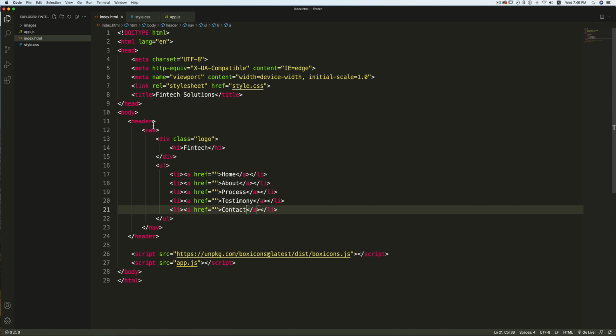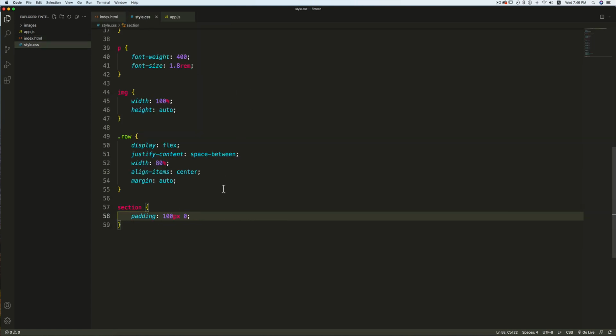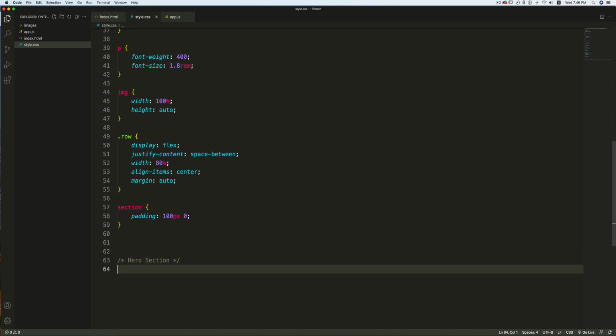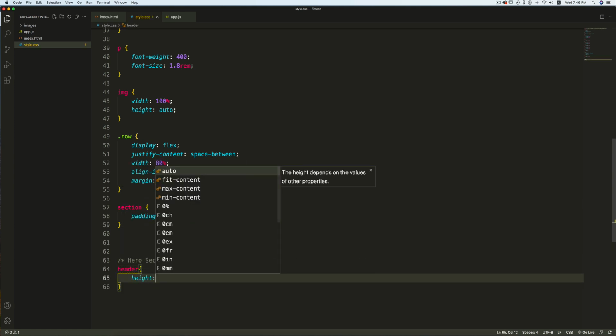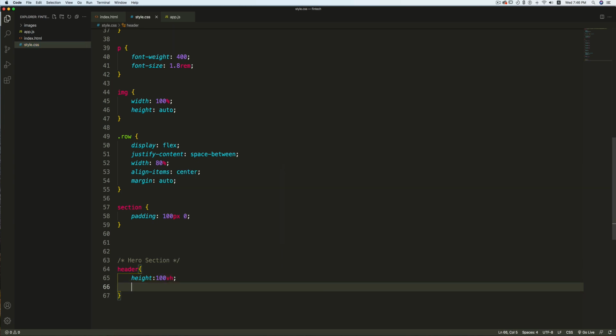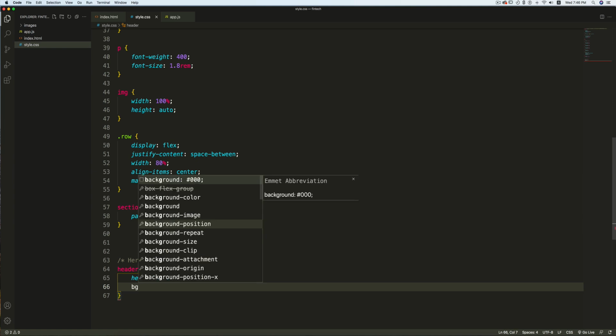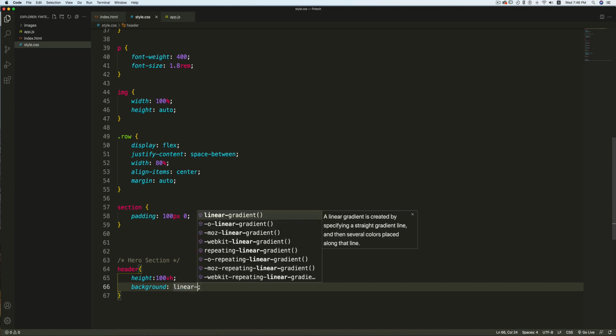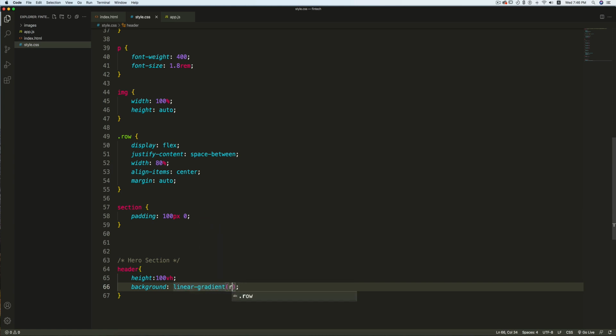Now let's style this. Go to style.css, begin a comment. Let's say hero section. First I'm going to target the header. I'll give it a height of 100 VH. It will take up the entire viewport height. I'm going to set a background. First I'm going to set a linear gradient, RGBA.